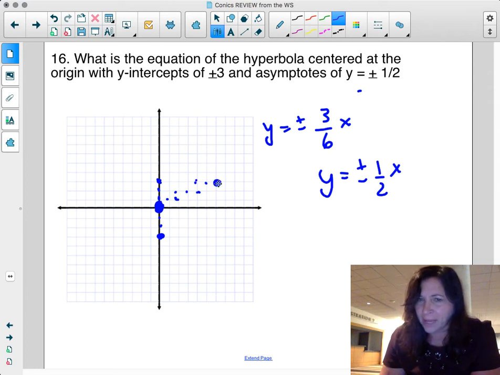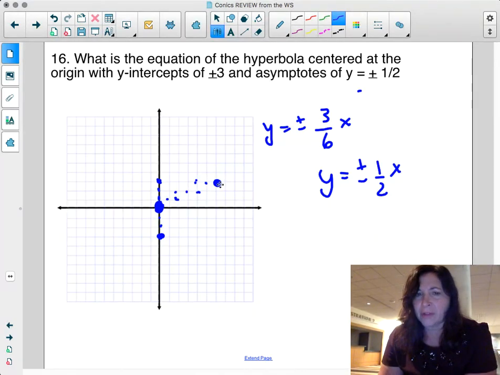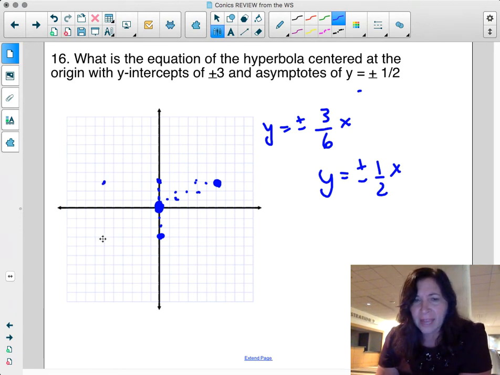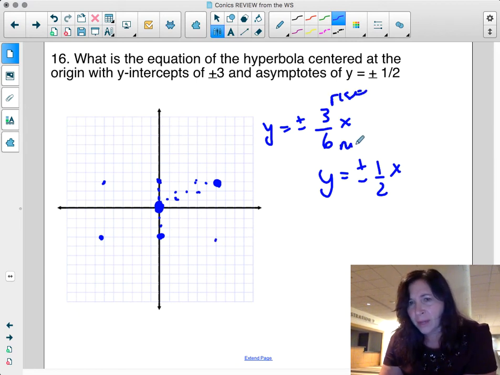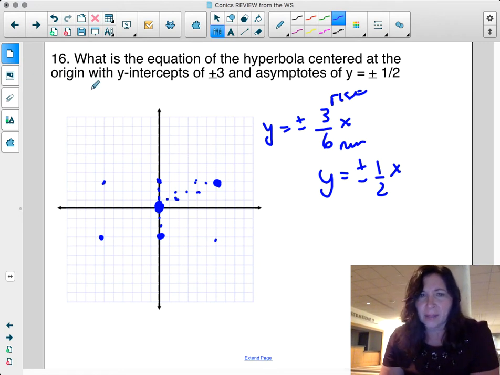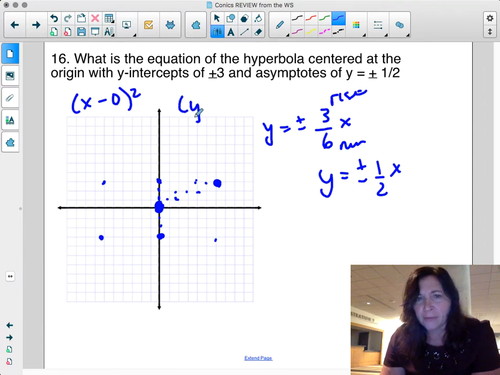And so you could either go up 1 over 2, up 1 over 2, up 1 over 2 until you get there, or you can go up 3 over 6, and I'm going to get to the same exact place. What that tells me is I'm going to the right or left 6 units. That's the endpoints of my box here, but that also tells me this is my rise, this is my run. My run always is associated with my x coordinates. So that's telling me that so far we have x minus 0 quantity squared, we have y minus 0 quantity squared,